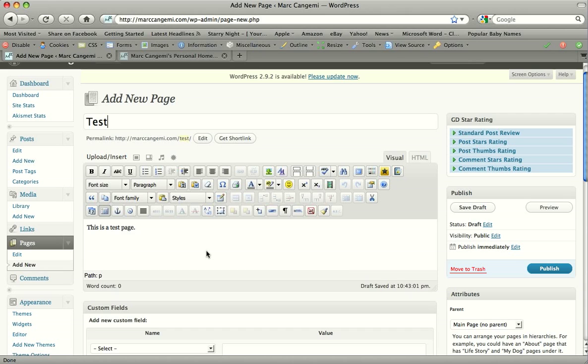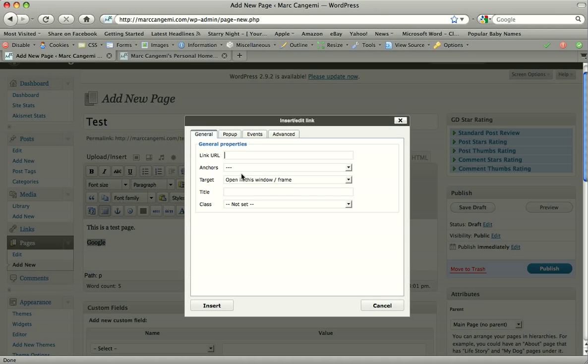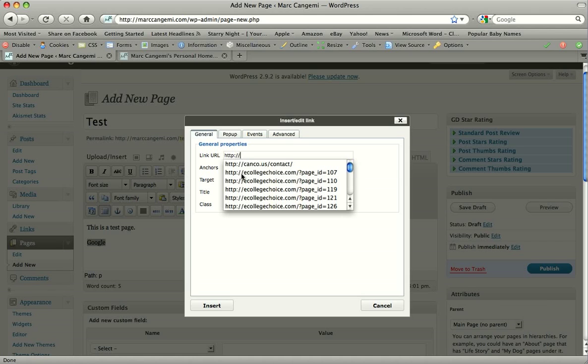The first one will be adding hyperlinks to your website. So I'm going to just type in Google here. Say we wanted to link to Google in our page. All we do is you select the word or words that you want to be linked, and you click this chain link right here. It says Insert Link. Now, the editing window here is very straightforward. First thing it asks for is what website we're going to. We're going to go to google.com, so